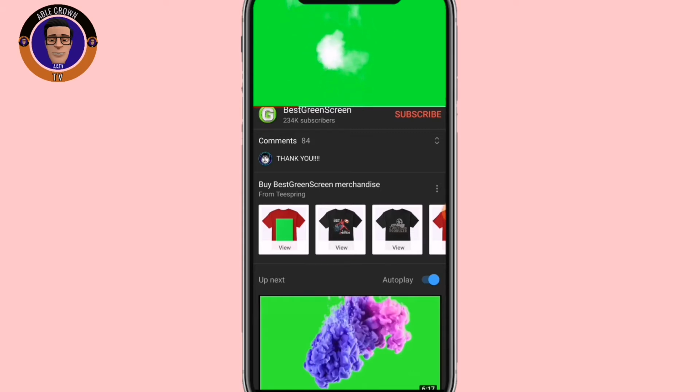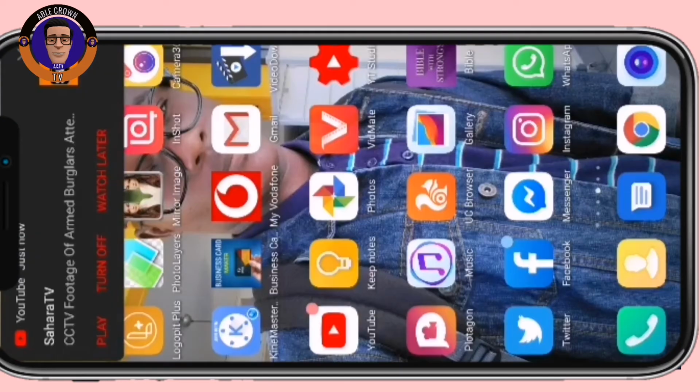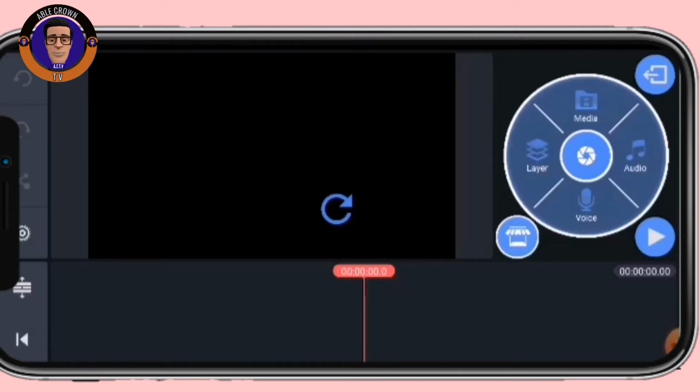So when you download it, then you go to your KMaster, which is the third step now. So this is my KMaster. I actually downloaded this particular KMaster because I love it. And in one of my next videos I'm going to show you how to remove the watermark from KMaster and how to do so many things on KMaster. So this video is for how to vanish, disappear. So the third step now is this KMaster.